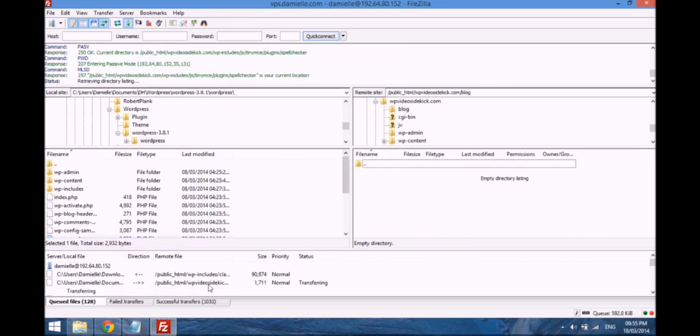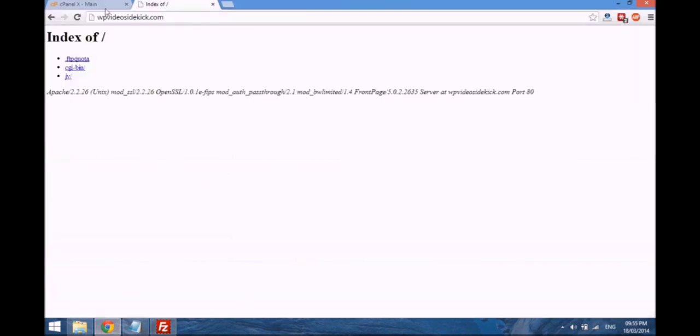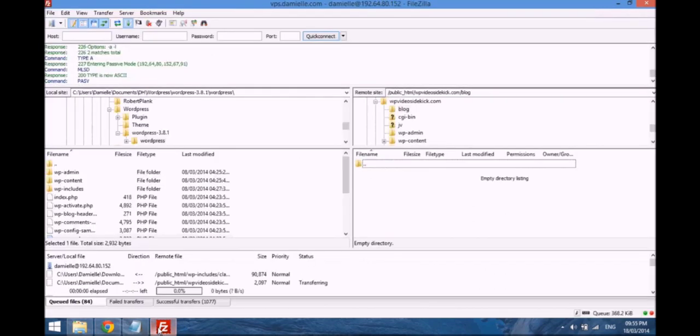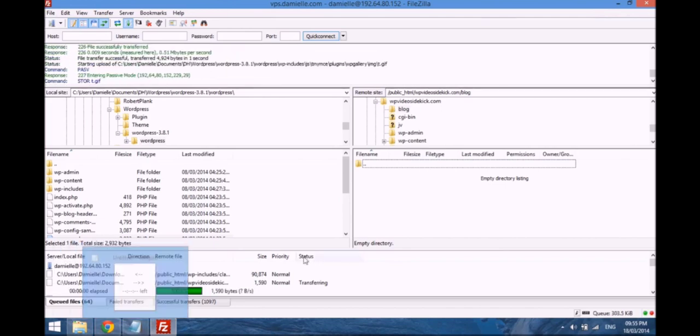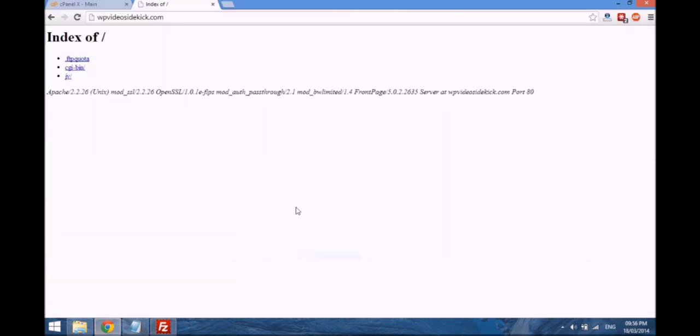Okay, so I'm actually just going to jump over to my site. So while the package is uploading, if you go to the home page of your site, you'll probably see something that looks like this, index of, and so there's nothing there right now, and that's fine. That's how it's supposed to look. And when WordPress has completed the uploads, which it's just about finished, and it will take some time because it is a large package. If we go back over,